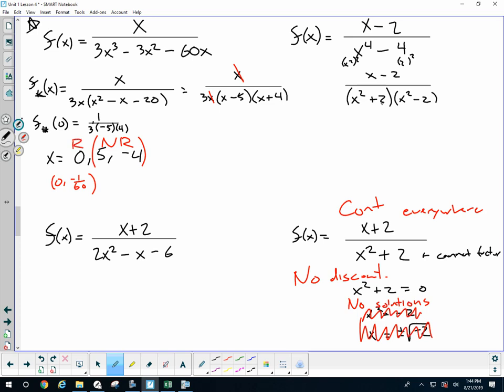We just talked about how x squared plus 2 never equals 0. But x squared minus 2 does. Now you can either factor this or solve to get x equals plus or minus root 2. So I do have 2 discontinuities at positive root 2 and at negative root 2. Sometimes we're like, oh, this can't factor, but actually you could factor the x squared minus 2. It can factor to be x plus root 2, x minus root